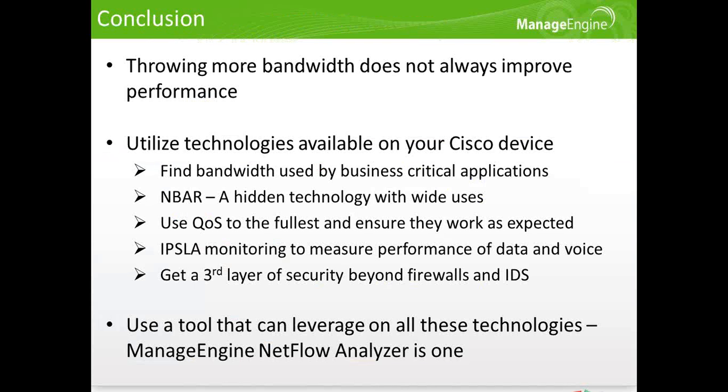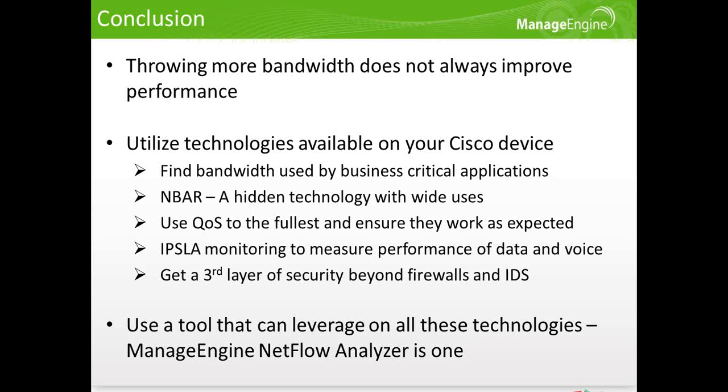You can measure it using the free technologies available on your Cisco device. You don't have to purchase anything at all from Cisco. Utilize those technologies that are available, find the bandwidth being used by your business critical apps, and then use NBAR and find out if there is any unwanted application, and then use your CBQoS policies, block the unwanted application, prioritize your business apps, or maybe manage your bandwidth better, and then use IPSLA and measure how things